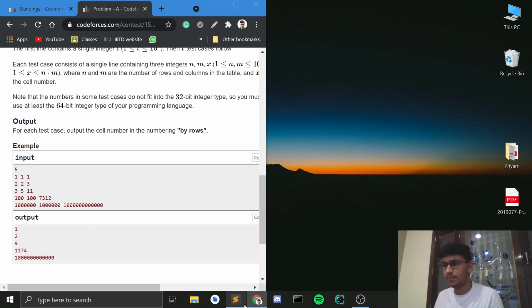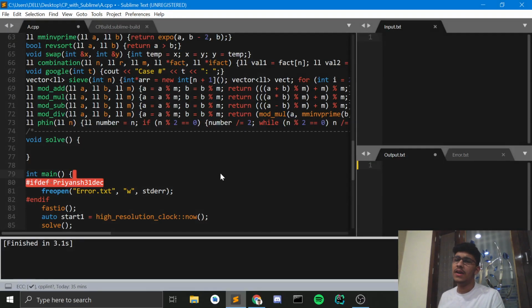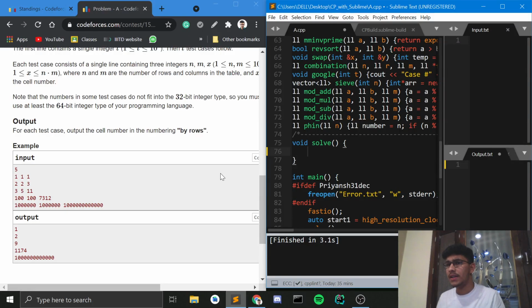Okay, so if he has the column number as x, then we should subtract n from it as many times as we can, and then what will we get by that? We'll get the row number, right? Yeah,